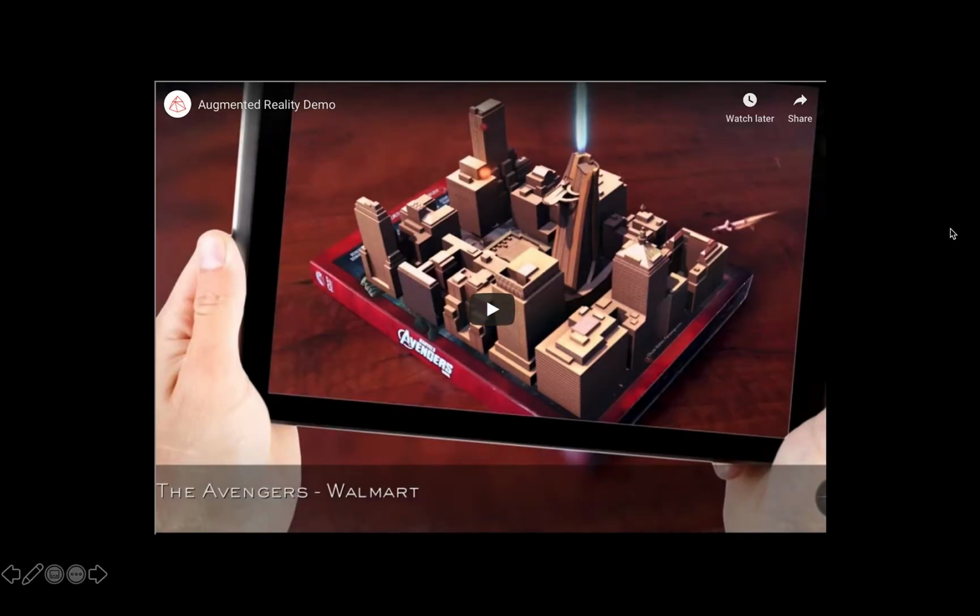What we have here is an augmented reality demo that pretty much explains what augmented reality is.